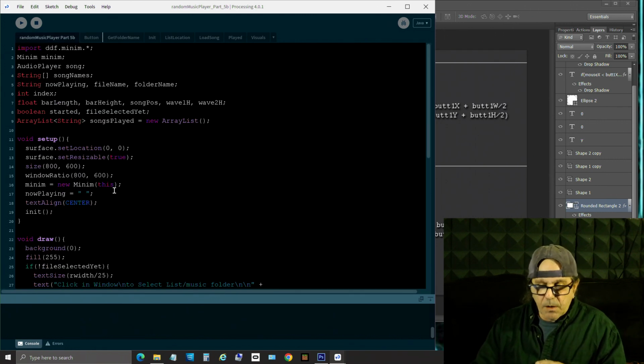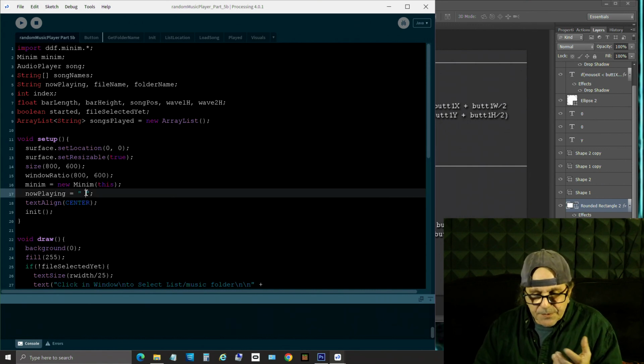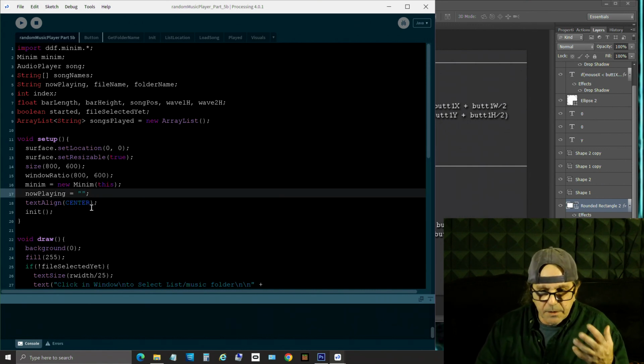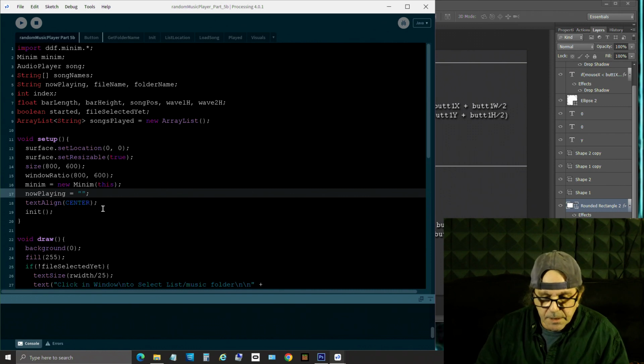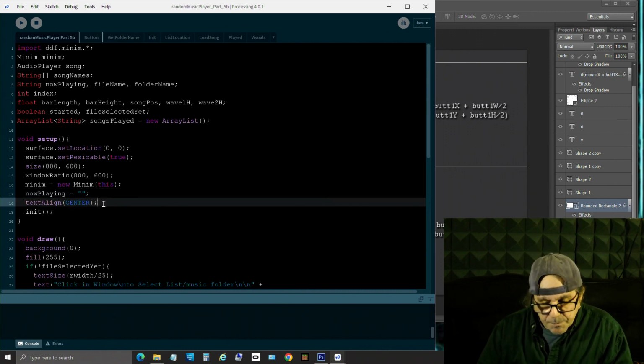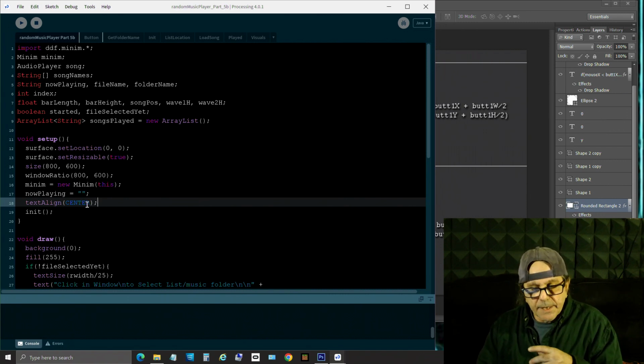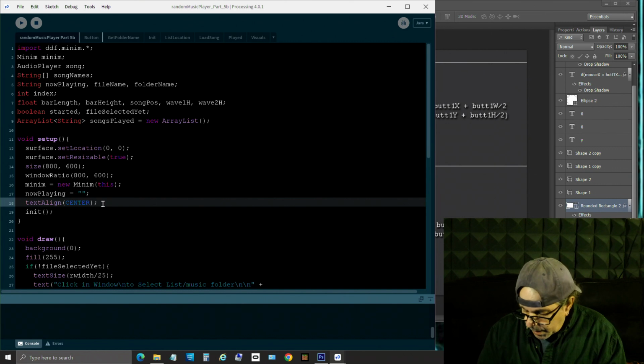One of the things I also wanted to do, which I'm seeing, is right here in the now playing, the name of the song. I've got it just a space for empty, but we can just make it a null statement. It's not going to affect it. Now here, how we have text align center. Now, I'm going to show you another way we're going to do this, but right now, for our image, which we're looking at right now, we're going to